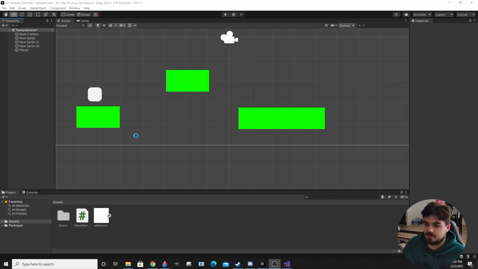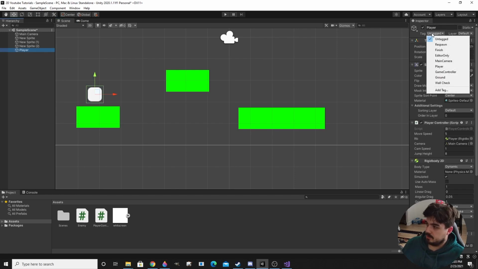Okay, so continuing on from our last tutorial where we learned how to jump, I am now going to go through how to make a basic enemy. We're going to make it similar to a Goomba from Mario, obviously without the details and the pretty little art. So what we're going to do is start off here by selecting our player